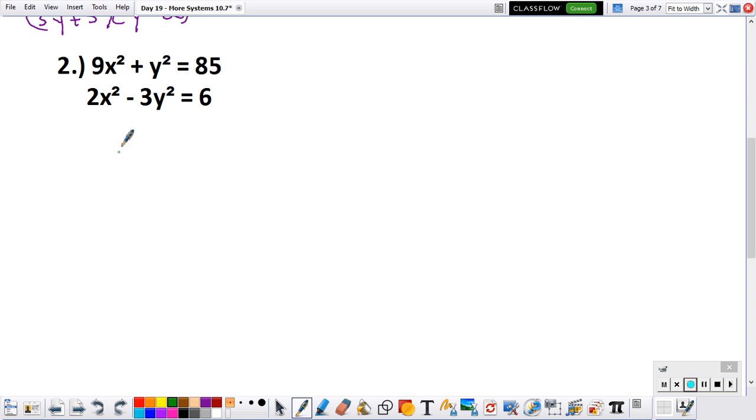So let's look. How do we want to eliminate this? Well, there's definitely one idea that's better than the other. Which one do you want to eliminate, x or y? Correct. You want to eliminate the y's. And how are we going to eliminate the y's? Correct again. Multiply by 3. So that's going to make our top equation into 27x squared plus 3y squared equals,